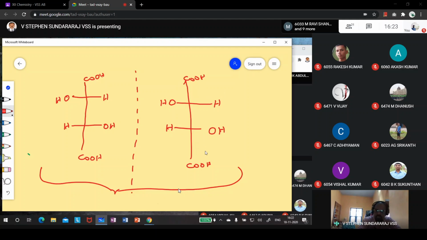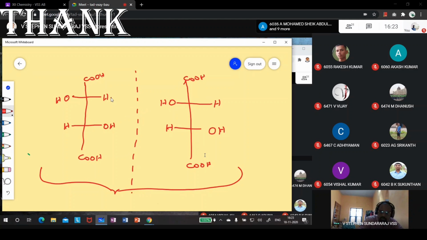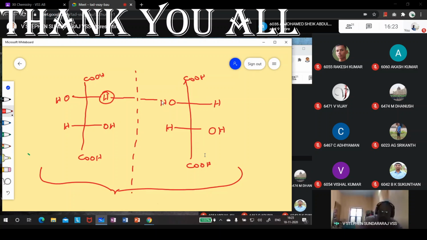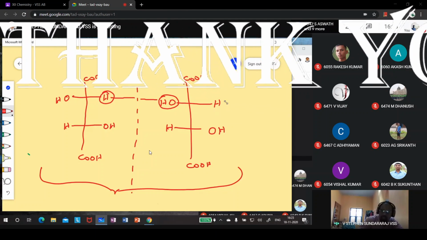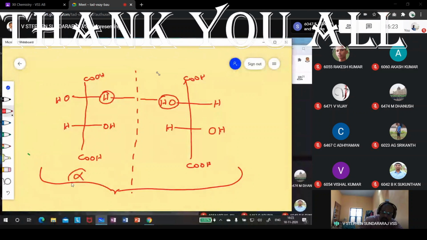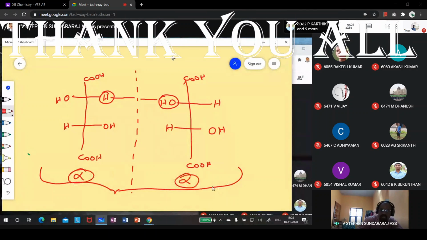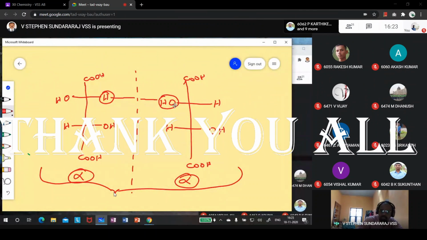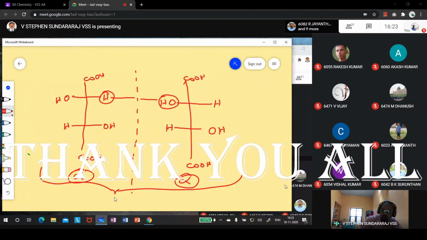Okay, so as shown in the diagram, are they mirror images? See, from here to here, a short distance, here H is there, here OH is there. That means not a mirror image, but optically active. It will have an alpha rotation. Optically active, but not mirror images, not enantiomers. Now these two are cross